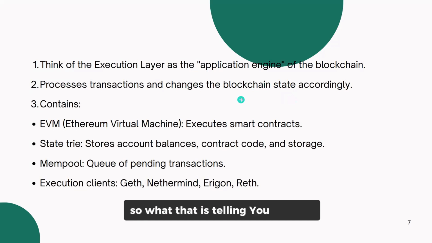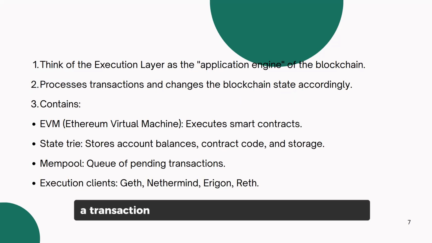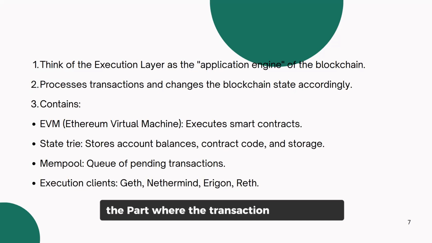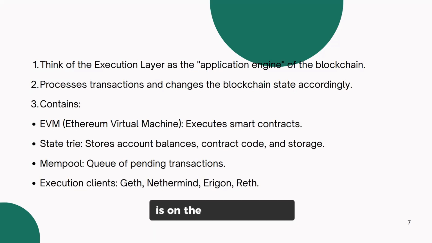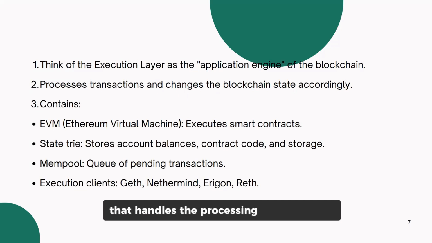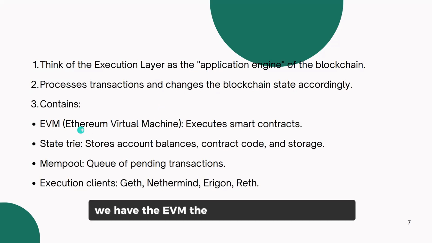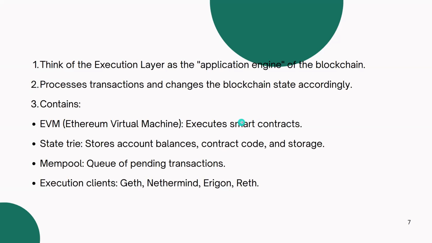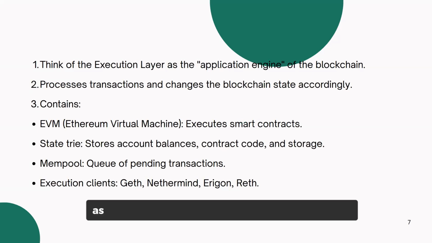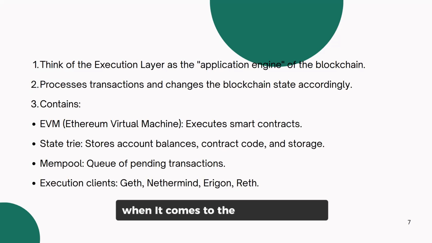So when a transaction is running on the Ethereum blockchain, the transaction is processed on the execution layer, and the part of the execution layer that handles processing, especially implementing smart contract logic, is the EVM, the Ethereum Virtual Machine, which executes the smart contract logic. As we continue to explore more technical things about the execution layer in our subsequent workshops,